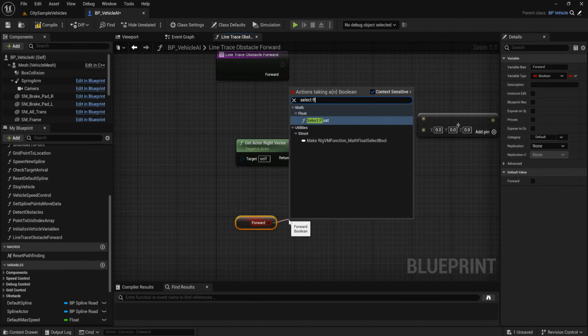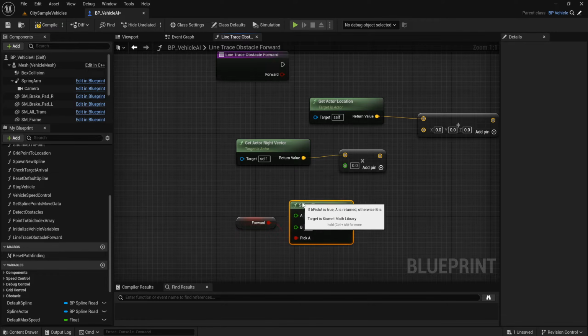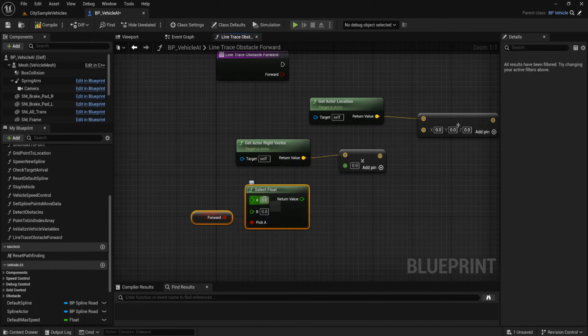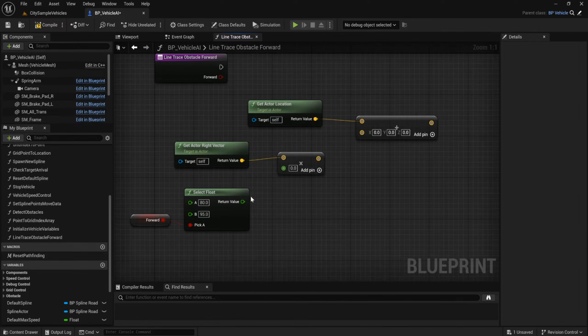Select float. If it is true, set to 80, 95. Multiply this. Need to add